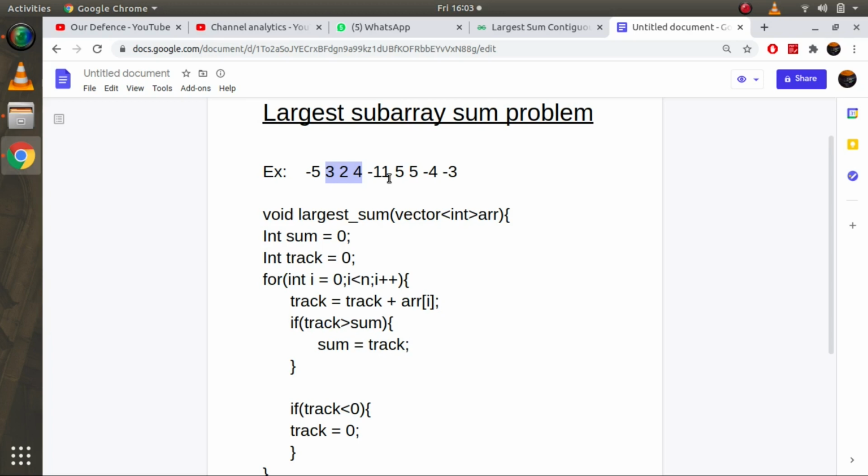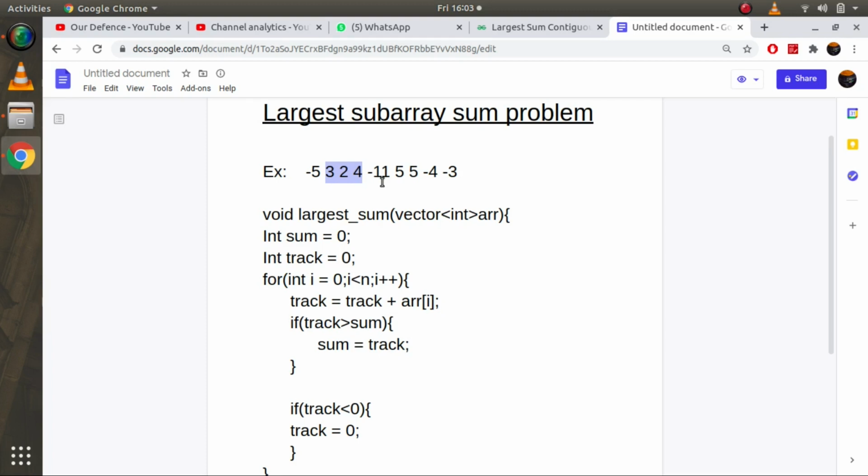What I said is that once your subarray sum goes negative, we will erase everything in your subarray and put 0 as its sum value. So if it goes negative, that is -2, we will erase everything. Now my subarray length is 0, and my subarray sum value will be 0, of course. So this is clear up to here.